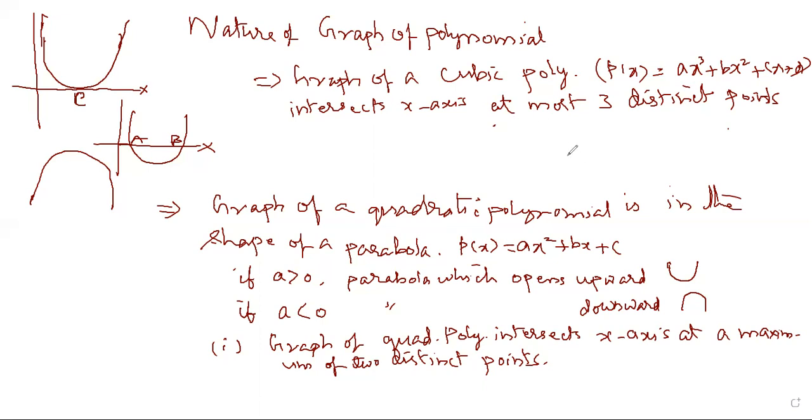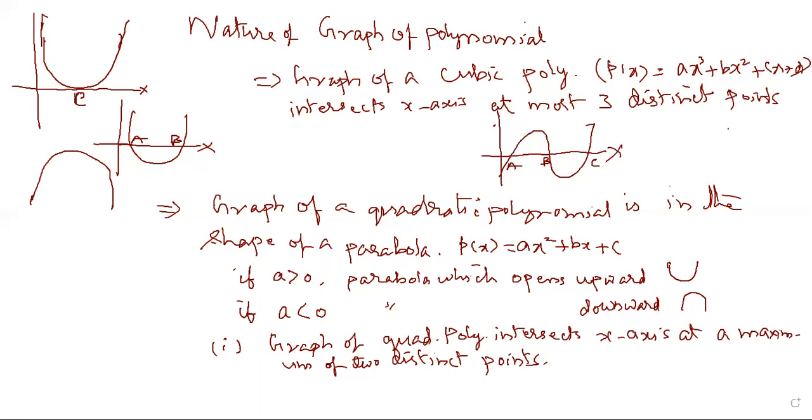So it will be like this at the x-axis, they are intersecting at the x-axis. This is the x-axis, y-axis. The graph is like this: 1, 2, 3 points, A, B, C. Then this is the graph of a cubic polynomial. So by the graph also we can recognize. They are going to ask objective or case study based questions on the concept, so we should know all these concepts.